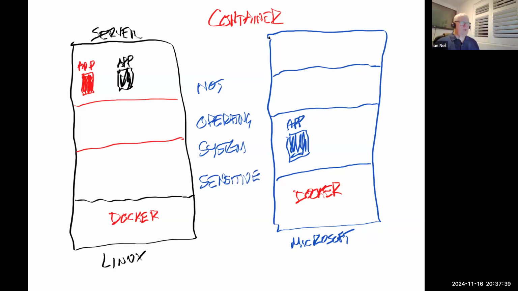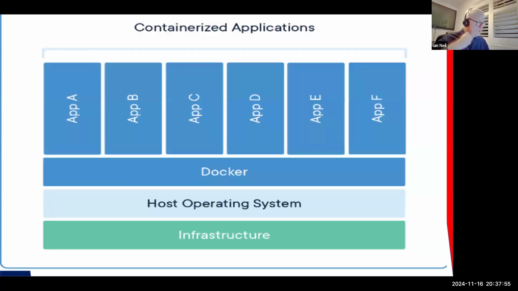Any questions? So let's go back to the slide with the container, because I've been teaching this every week since February this year, and people struggled with the containers. But you can see here, there's your host operating system, but it needs Docker. If it has Docker, we can containerize the applications. So inside the container, the application's got everything it needs, and we can move them from place to place. How's that, guys?